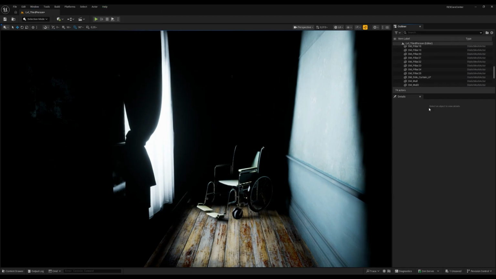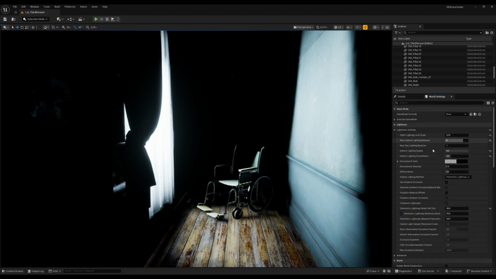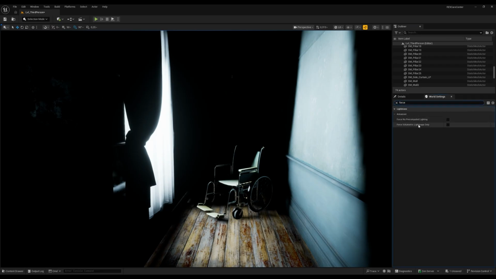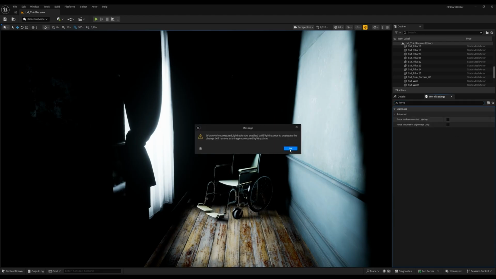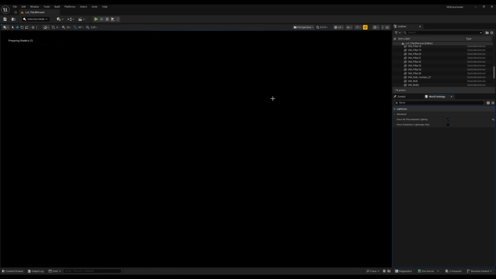And then what I'm going to do is, let me get the world settings, so window, world settings. So you have this one here also. And then I'm going to search for the force no pre-computed lighting. This is something you don't need to do because you didn't bake yet. I'm going to just enable it so that we disable everything we just compiled, and then I will just build the lighting from scratch. So everything is now